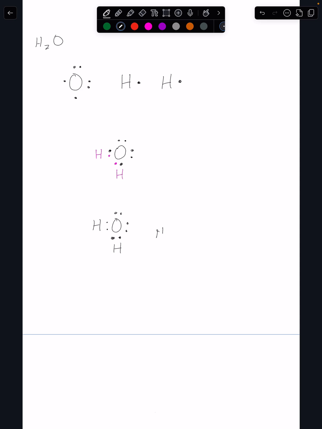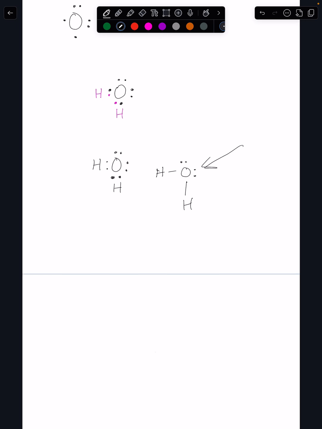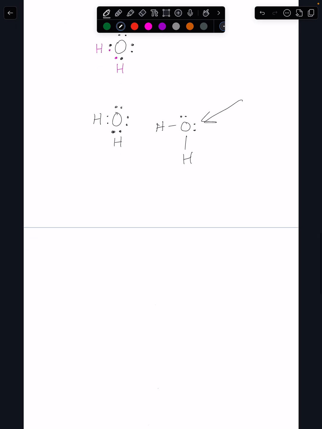Or with 2 lone pairs here. Later on, you'll see that those 2 lone pairs actually play into a lot of very important characteristics of water and polarity, but that's for next class. So this seems pretty easy. Probably looking at this, you think you could do some Lewis structures, but let's do a couple more complicated Lewis